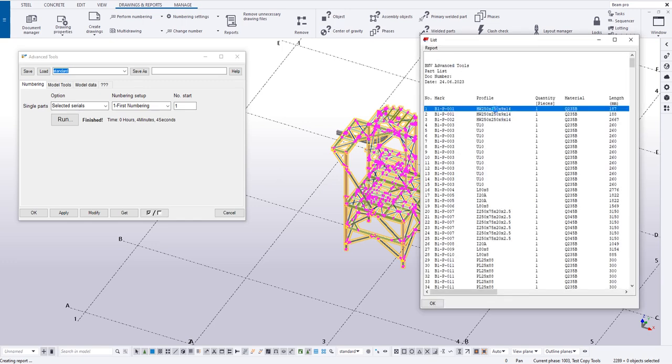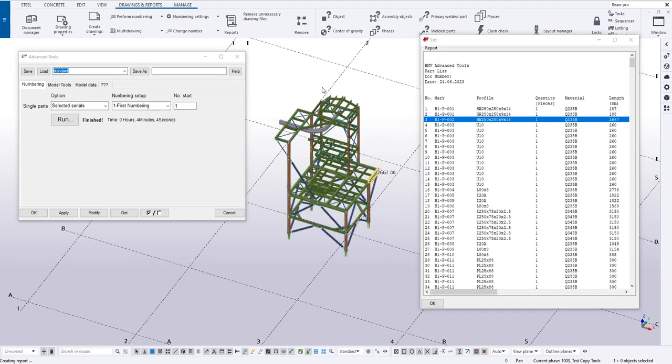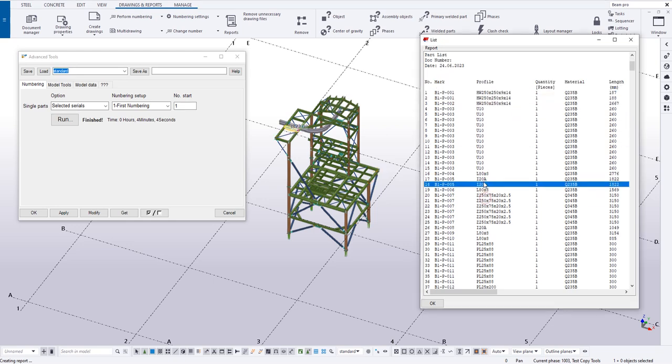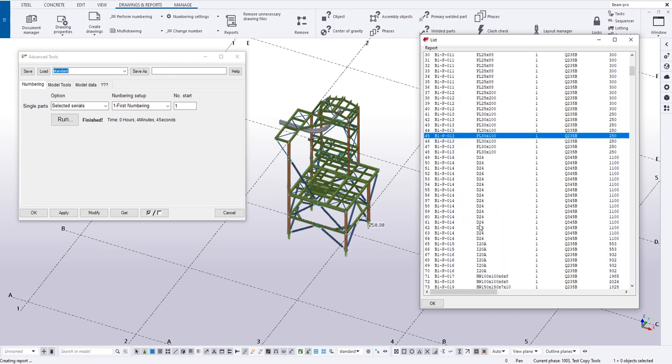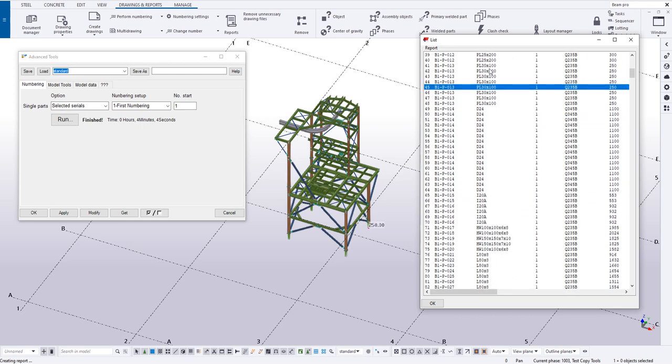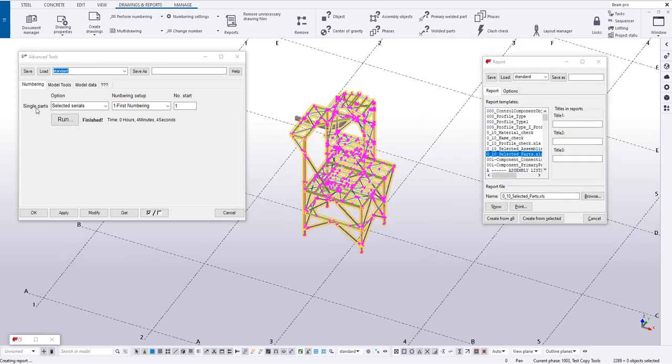That is random. It depends on the order you modeled in the model. For the profiles, for U, for L, the numbering is random and looks very messy. That makes you take more time to control or make single bar drawings. And now we use the single bar control. You can push start numbering from symbol 100 and run numbering. That collects all the objects in the model.